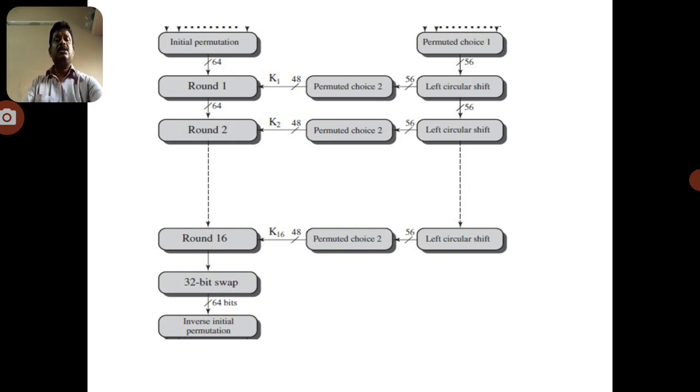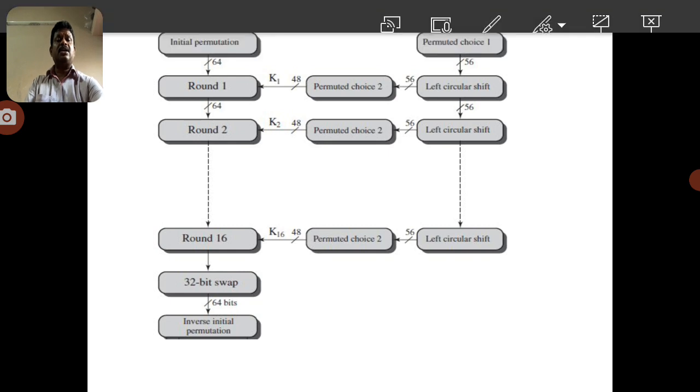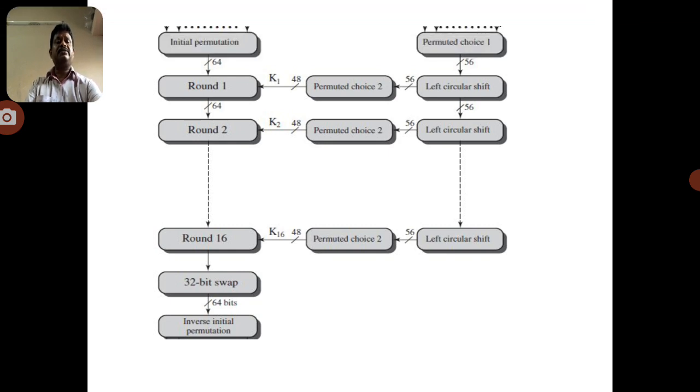Here you can observe there are different divisions. The first one, the initial permutation, is taken. We already know the concept of initial permutation from the previous sessions. The initial permutation is a permutation where we arrange the given plain text in a different order. Different order in the sense we change the position of the elements.